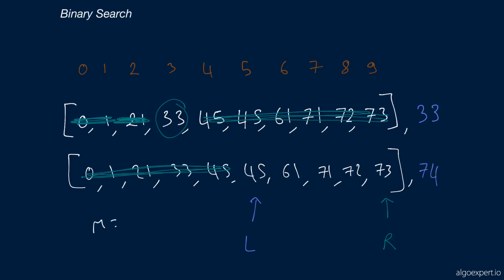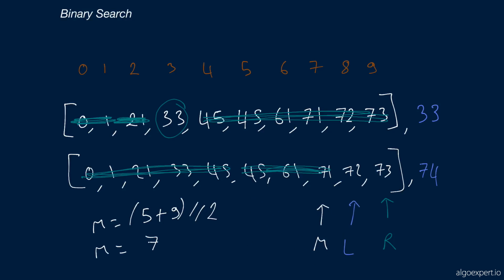So m is going to be equal to 5 plus 9 divided by 2. So 5 plus 9 divided by 2, that's going to be 14 divided by 2, that's going to be 7. So the middle number is going to point to 7, that's 71. Compare 71 to 74. 71 is less than 74, so we eliminate this entire half. We can move the left pointer here,